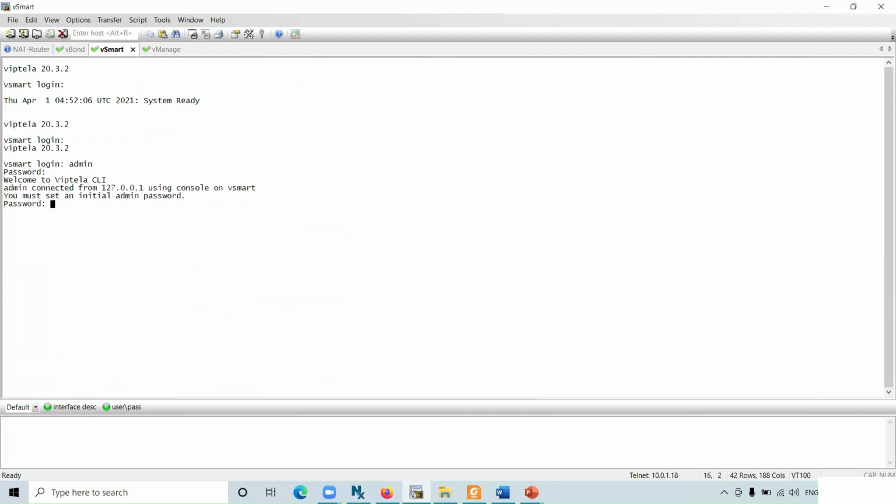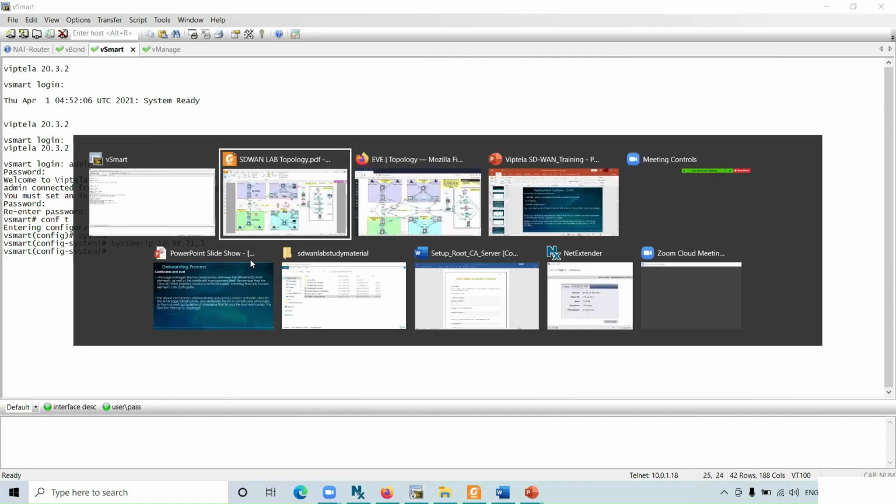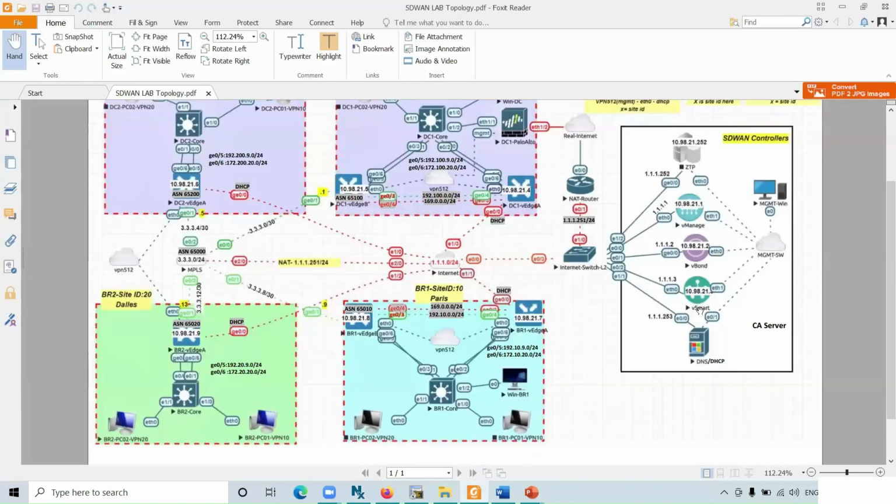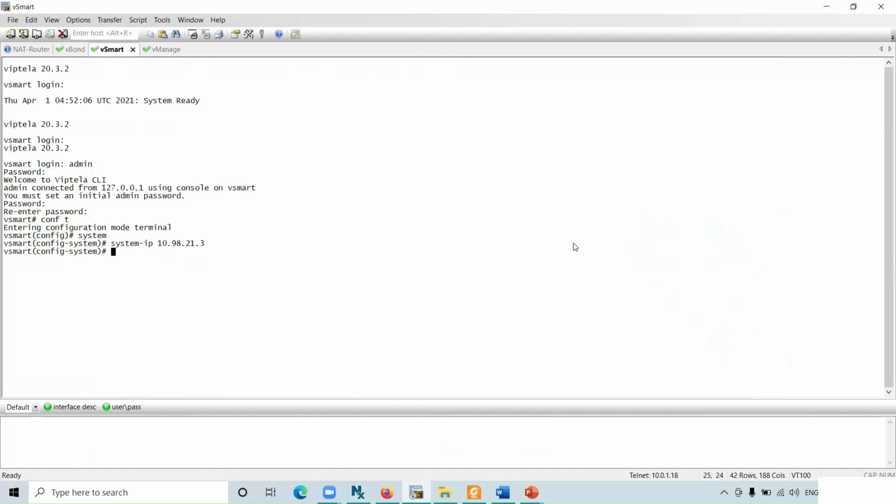Okay, so admin, admin, admin. I just set up the new password as well, admin. Okay, so I can go ahead and say config t, system IP address 1098.21.3. So if you go back on the topology, 1.1.3 is ETH0, which is going towards my internet transport, and ETH1 is the out of band. Okay, so organization name